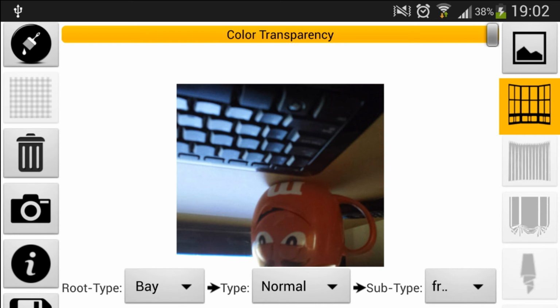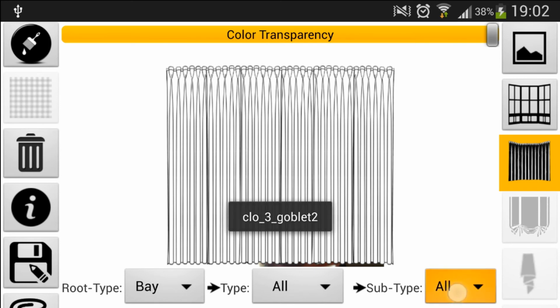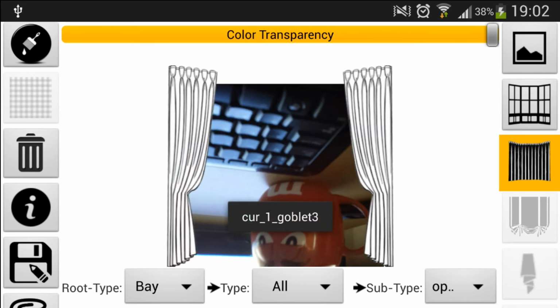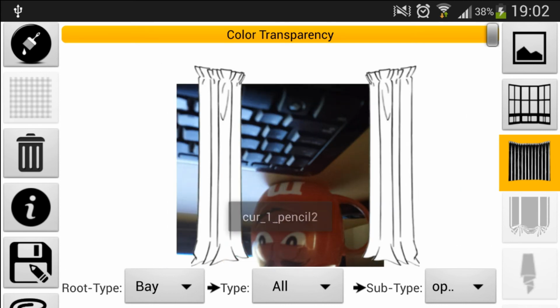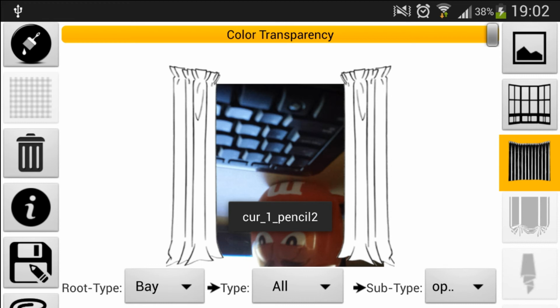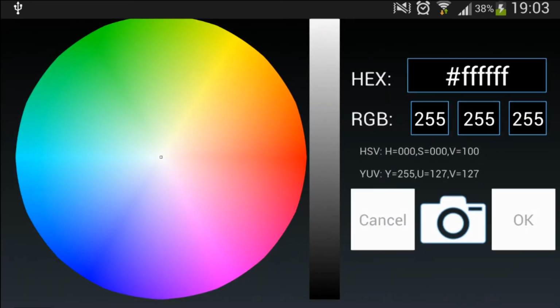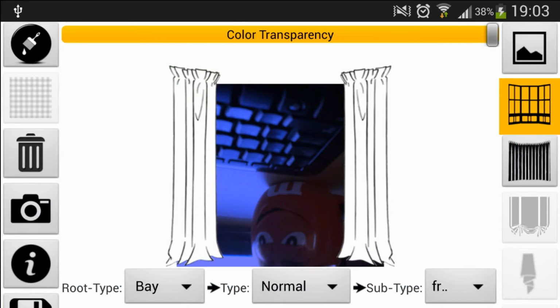And now I can apply the curtains on top of it. So let's say I want to open ones. Just imagine that instead of this picture it will be the real window. And I can basically do the same things as with normal templates. I can change the color of the window a little bit, so it will be bluish now.